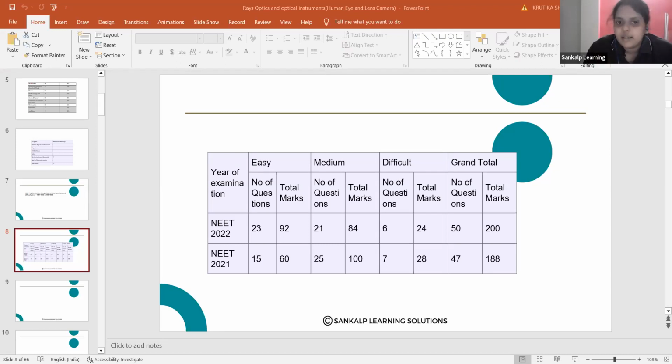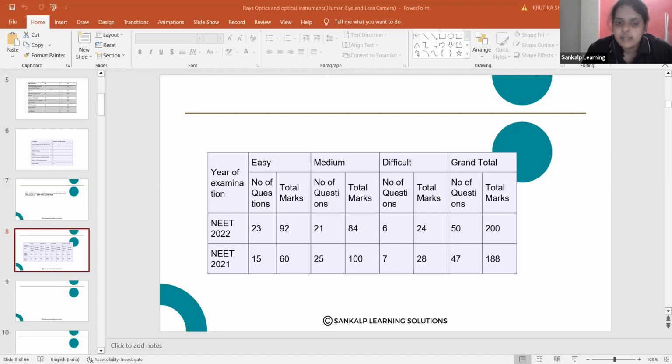What do you mean by the conductors? Those which allow the electricity to pass through them are called conductors. All metals we can consider as examples of conductors. Then next, what do you mean by the insulators? The conductors allow the charge to flow, the insulators will not allow the charge to flow through them. Then what are the examples for the insulators? Plastic rod, nylon; these are the examples of the insulators.